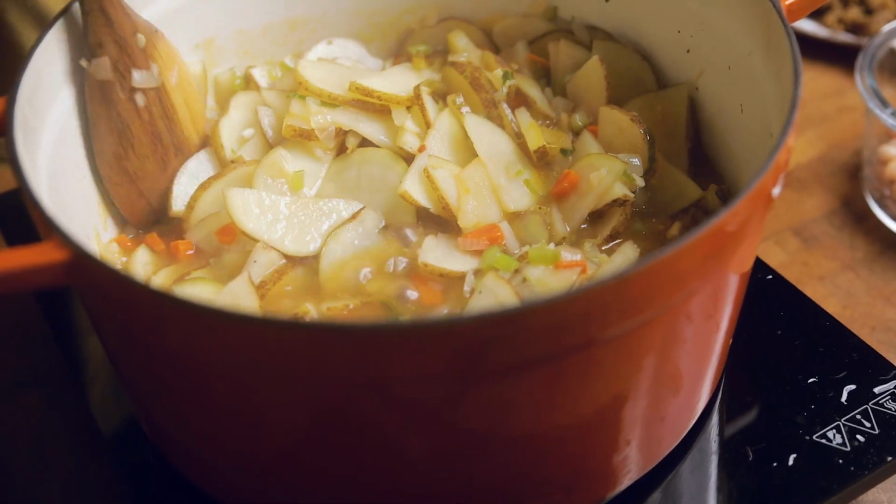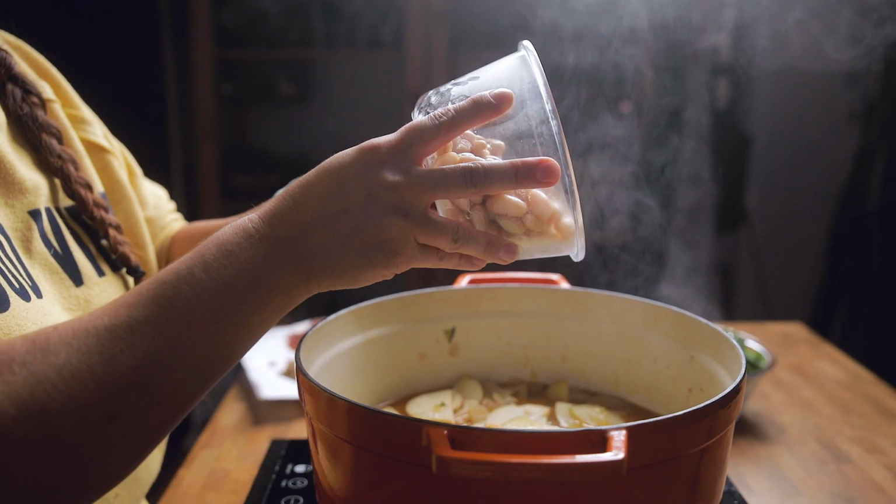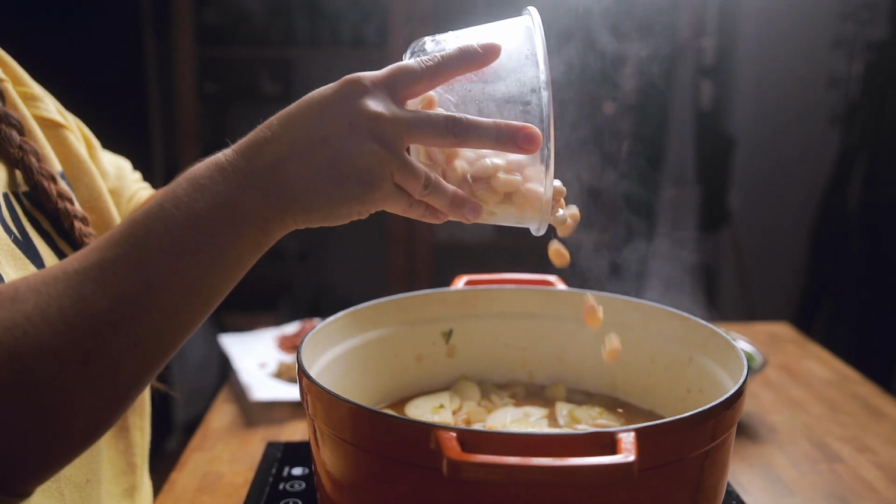Once your potatoes are tender, it is time to remove your cover and add all of your other ingredients in, and you're about 5 minutes from being done. First up are some cannellini beans,